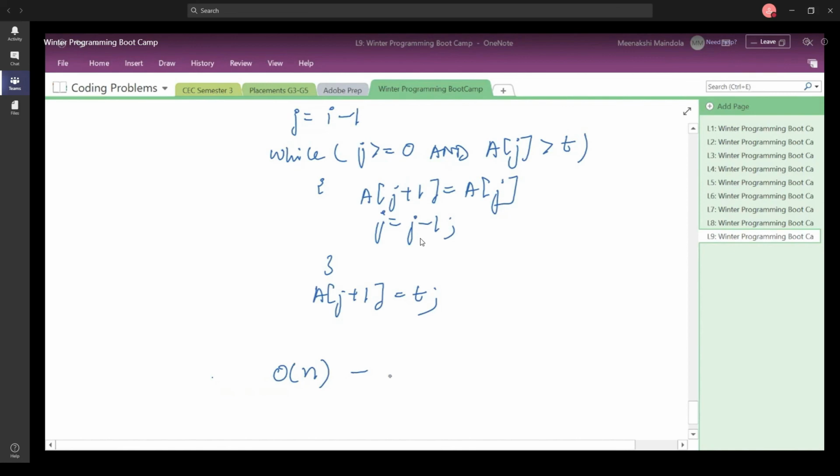So the best case time complexity of insertion sort is when the array is already sorted, and that time it is going to require order of n time.